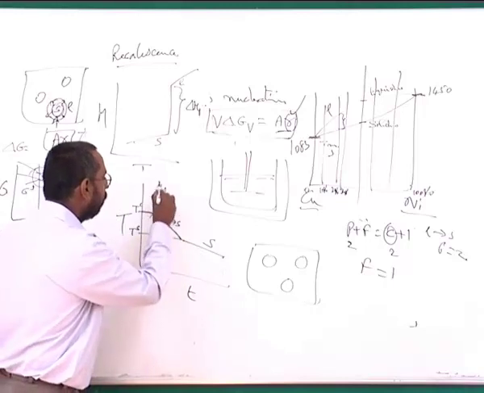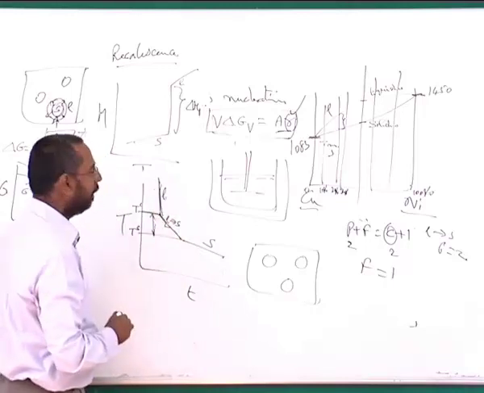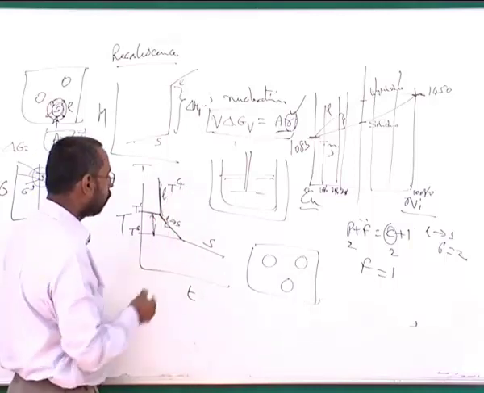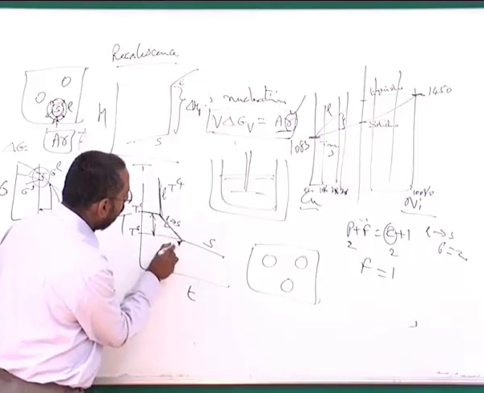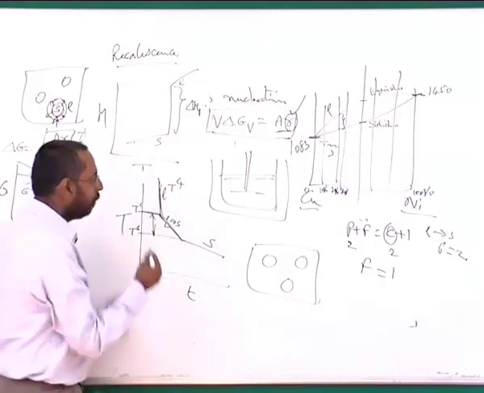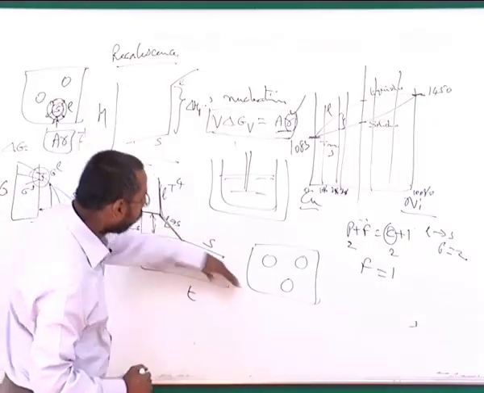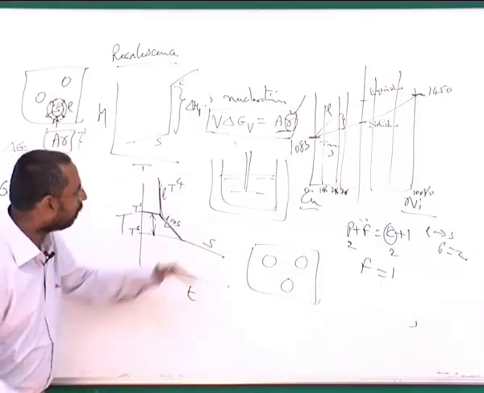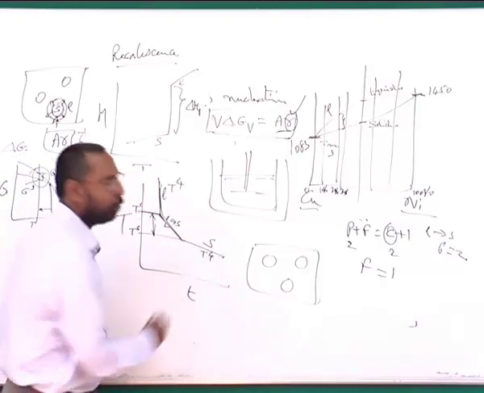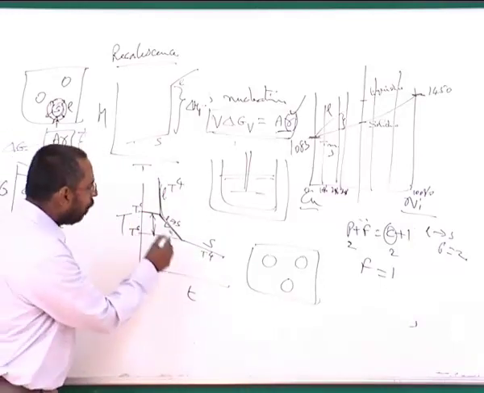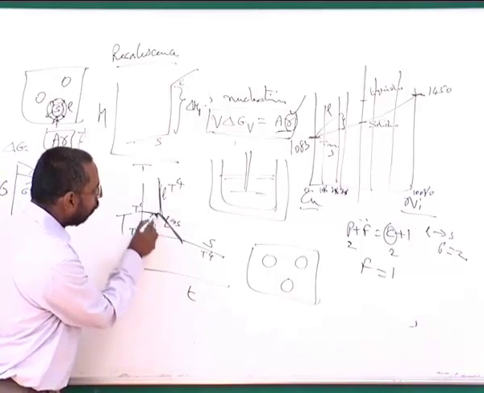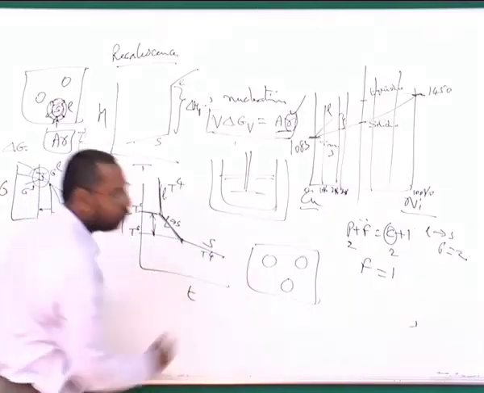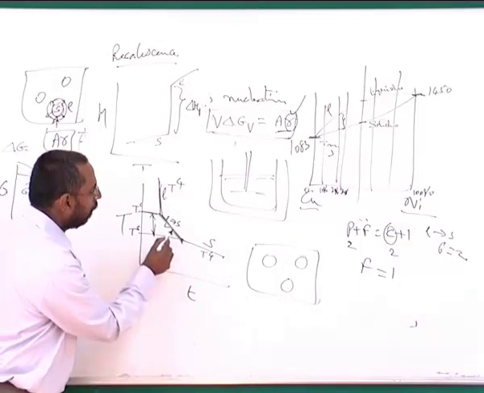So as a result, if this is the cooling rate for a pure liquid, as it is cooled at T to the power 4 cooling rate according to Newton's law, whereas this will have a lower cooling rate than this, and as a result the slope decreases. And once you come to the solid, again you will have another slope based on whatever is the temperature. Again this also will follow T to the power 4. Until the whole solidification is complete, this will follow a particular slope, and the moment the solidification is complete, there will be another further slope change from this to this.